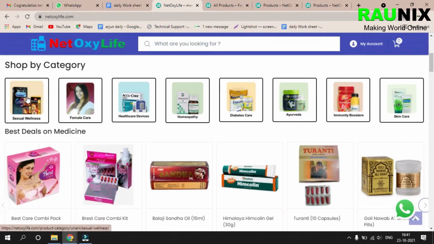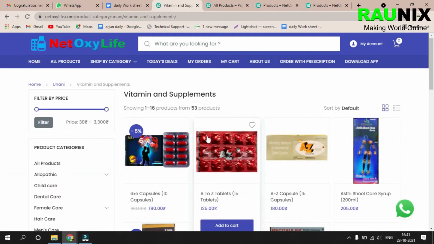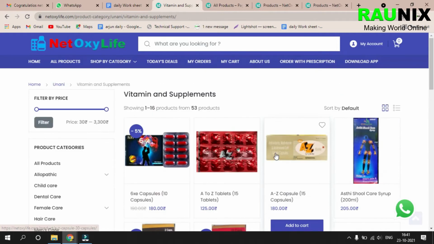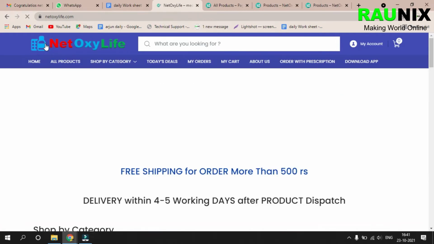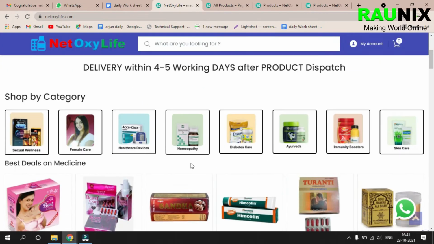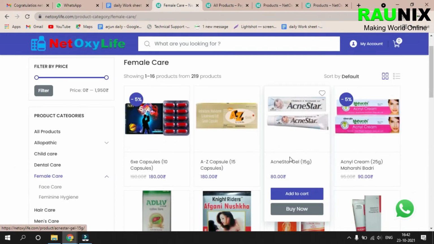All these categories can be changed from the admin panel and all these products can be changed from the admin panel. So right now if you have fewer categories and later if you have more categories, you can add them from the admin panel itself. For more, kindly contact your consultant or drop a comment below so our team can help you, or you can also directly check the description box so our team can directly connect with you.